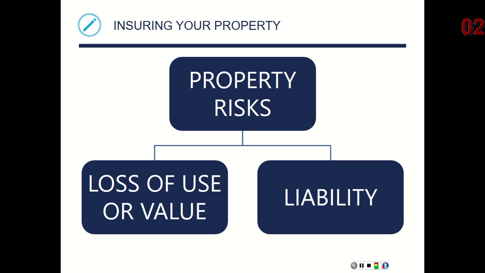So we've got our property risk, which would be the loss of use. We're not going to be able to use that property anymore because some sort of damage or accident has occurred, or the loss of value in that asset because something happens. And then we've also got personal liability, for our role in the damage or injury to somebody else, and what we may be putting ourselves at risk through what can happen.